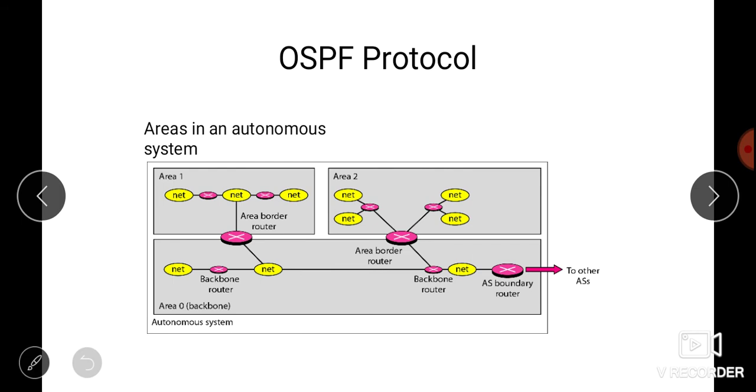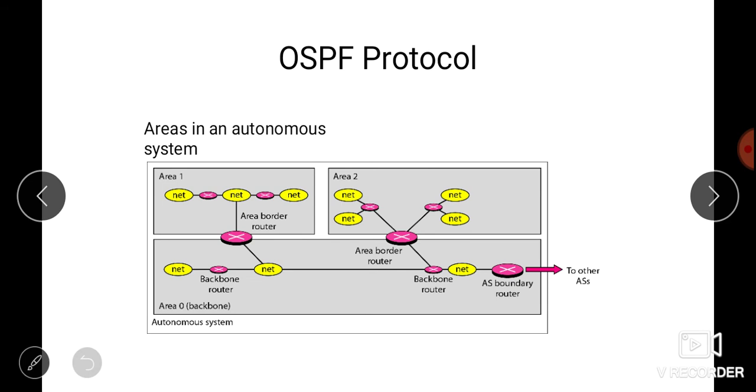Okay, so next we have the OSPF protocol, Open Shortest Path First. It is nothing but an implementation of link state routing. Its domain is also an autonomous system. Here we have areas to handle routing efficiently and in a timely manner. OSPF divides the autonomous system into areas. An area is a collection of networks, hosts, and routers all contained within an autonomous system. An autonomous system can be divided into many different areas. All networks inside an area must be connected.